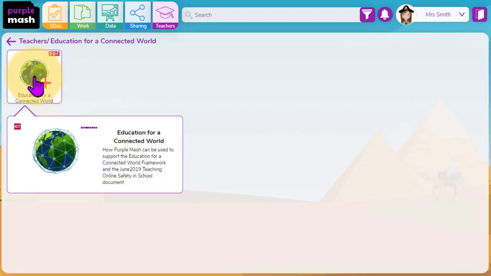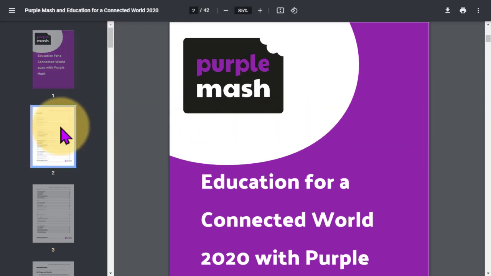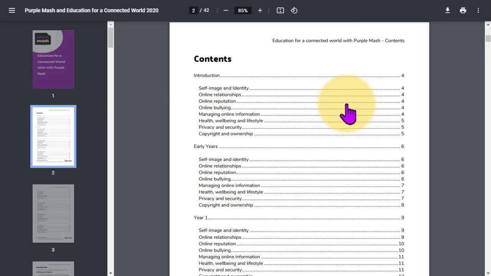The Education for a Connected World document is the government guidance showing how children should be maintaining these key 8 areas to be able to lead a healthy life digitally. So self-image and identity, online relationships, online reputation, online bullying, managing online information, health, well-being and lifestyle, privacy and security,